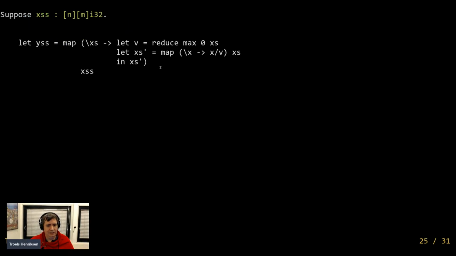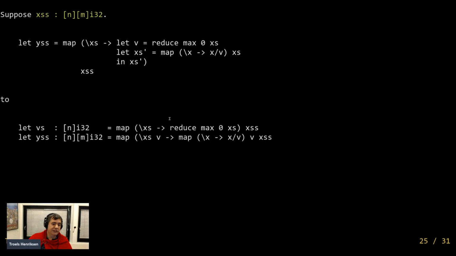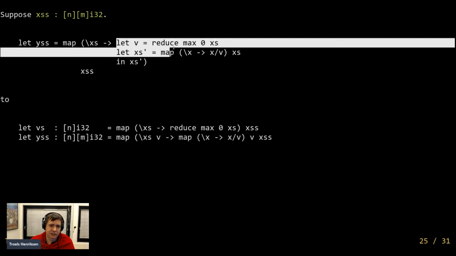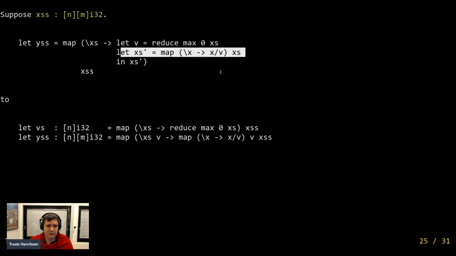So suppose this is what we have initially. This is the program we had before, map with some complicated stuff inside. Then we can cut it apart here. We can distribute this statement and this statement such that we have two map nests, where the first one just does all the reductions and returns an array of n intermediate results. And then in the second one, we map over two arrays at the same time. We map over both the original array, XSS again, and the intermediate results we had, which should be the S. And then let me fix that to make it clear.